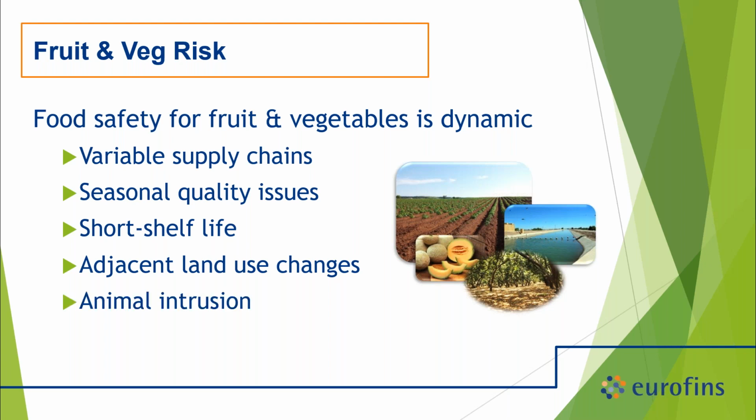Same thing with animal intrusion. If suddenly the land next to your orchard or ranch that you're sourcing product from has been commercialized into even a parking lot, all of the animals that might have been in adjacent fields could move into your field, or maybe a new migratory bird pattern. All of these things impact food safety risk when it comes to produce processing, and importantly, they're dynamic. It's hard for you to know when and how they're going to change, but you need to be responsive to recognize that your programs may need to be modulated throughout the year to manage food safety risk.